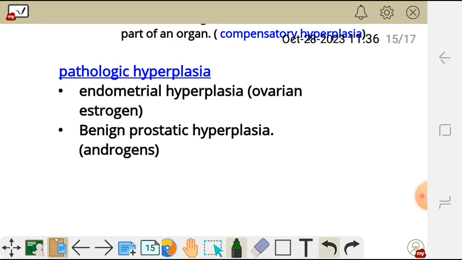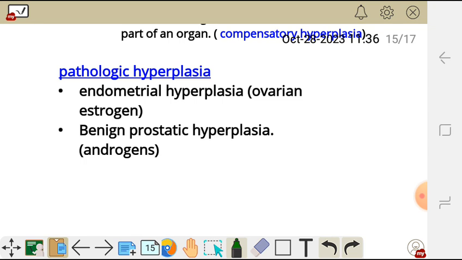In females, the endometrium is going to increase, the cells there are going to increase, and that is what we call endometrial hyperplasia. But now, if this is abnormal, if we have abnormal production of ovarian estrogen and